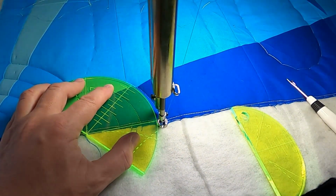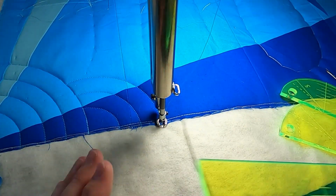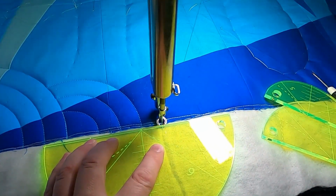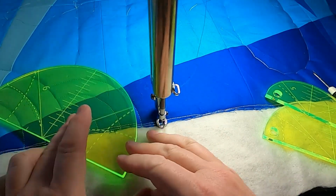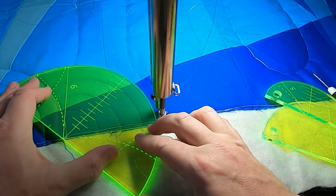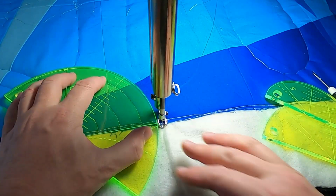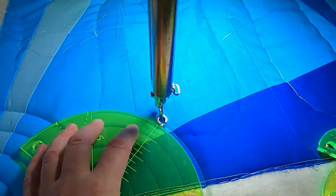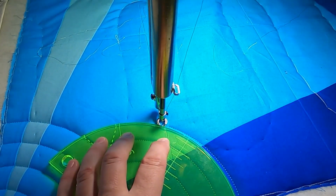So we go down. Now we grab the 9, stitch over to the tick mark, place the 9, match up the bottom horizontal line, match up your previously stitched line on the left, go up. I'm going to stop because